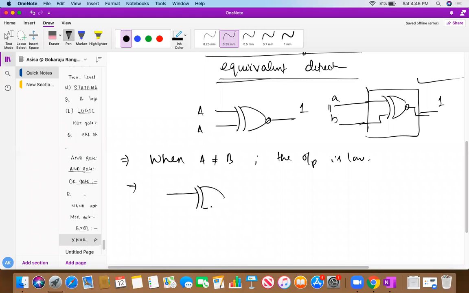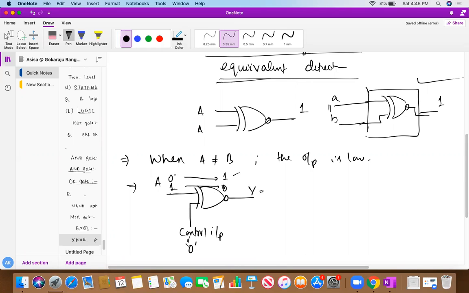So see here, let's say this is my XNOR gate, this is my control input, and this is A. Control input is, let's say, 0. So what is happening here? If A is 0, I'll be getting 1 over here. If A is 1, I'll be getting 0 over here. As we know, if both the inputs are equal, 0, 0, I'll be getting logic 1. If both the inputs are opposite, I'll be getting logic 0. We have just discussed it.